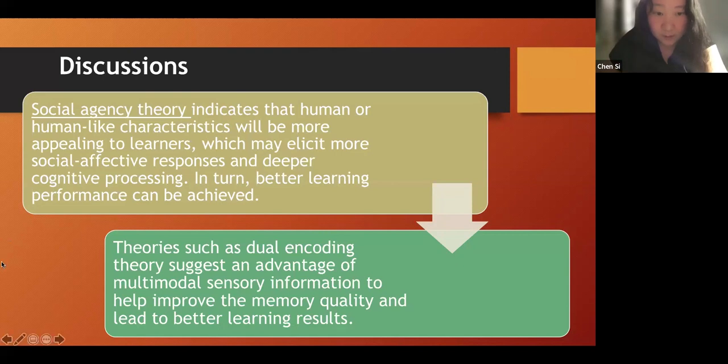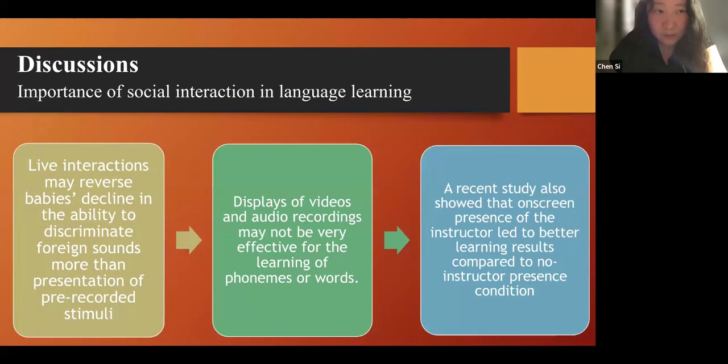So theories such as dual encoding theories suggest an advantage of multimodal sensory information to help improve the memory quality and lead to better learning results. So we do see that using this robot, we did achieve some significant results.